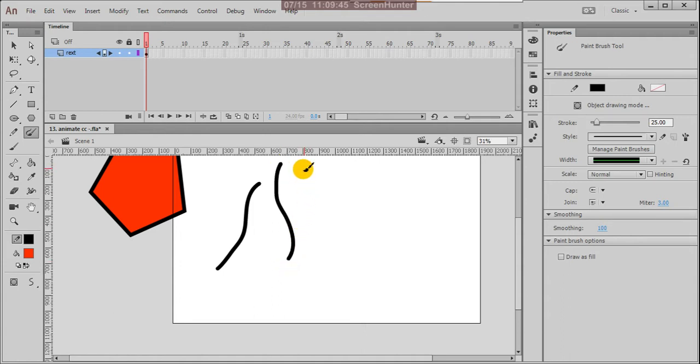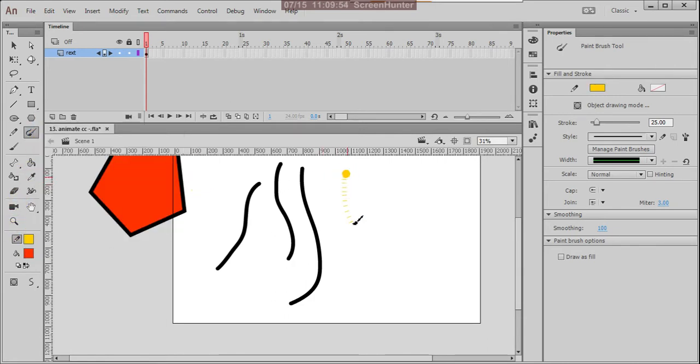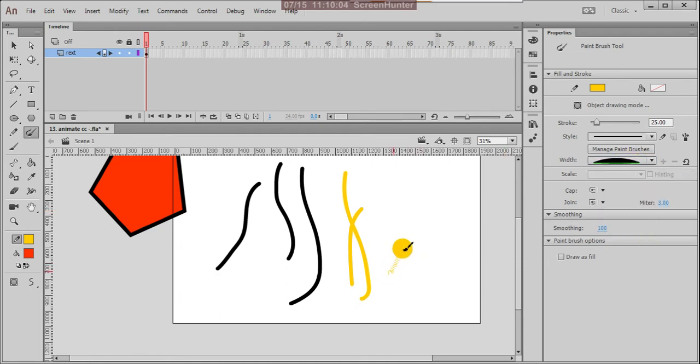See, the paint brush tool. You can change the color also, and from this you can choose the width. If you want to create some curvy shapes, different shapes, you can create them.